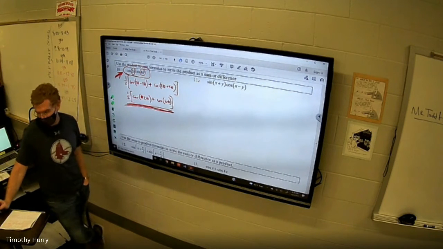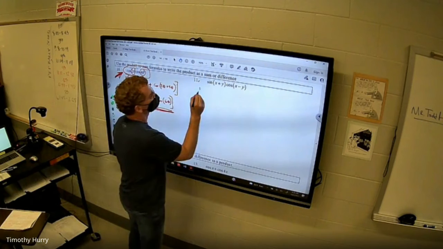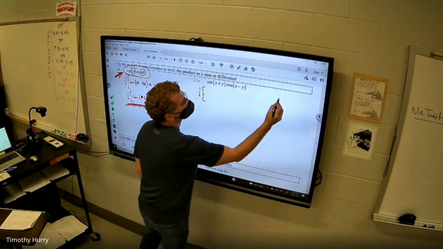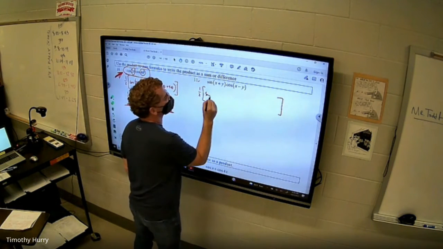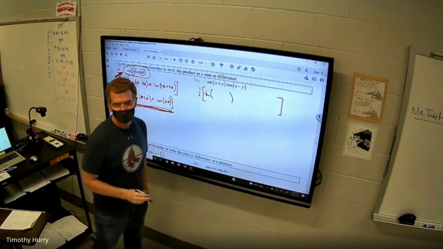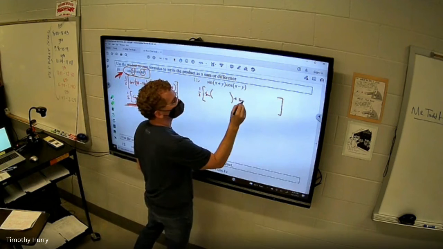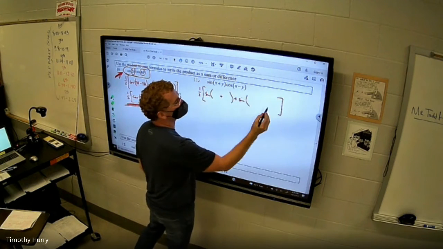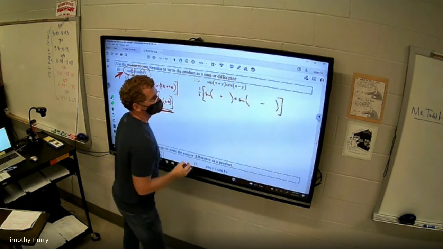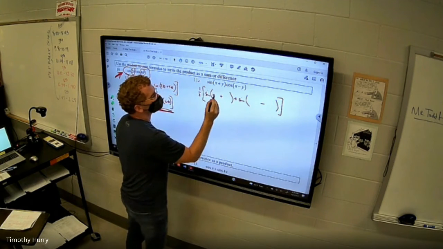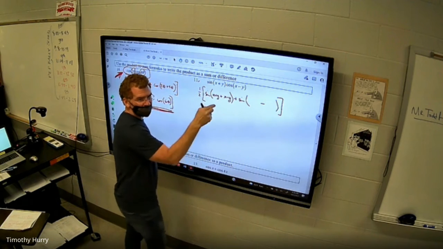Product to sum identity. What does it say? So 1/2, and you have a sine of the something. Then what? Of the difference. So sine of the sum, sine of the difference. The sum would be x plus y, x minus y. The difference is going to be